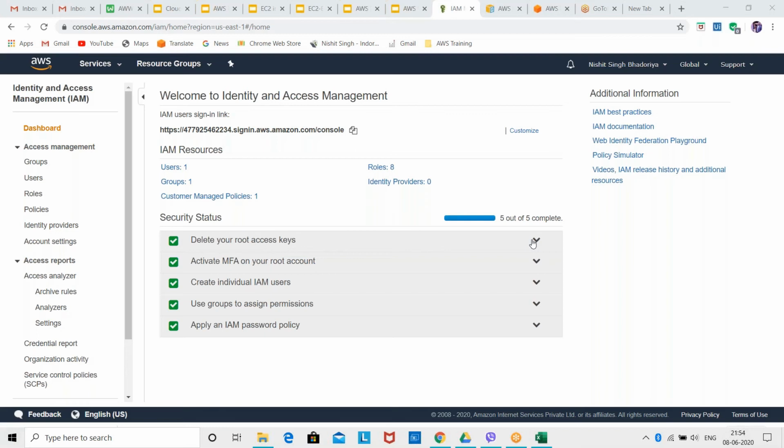Because if you have it and by mistake you misplace it, and someone gets it, they will be able to access each and everything of your root account. That's why it is deleted by default. You can create your own access key and use that. That will not affect your root account.